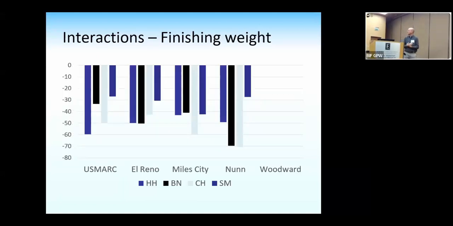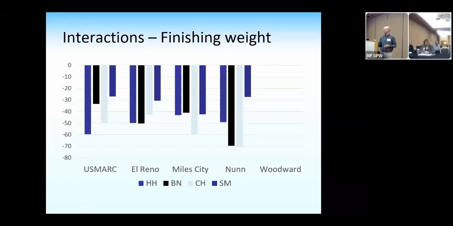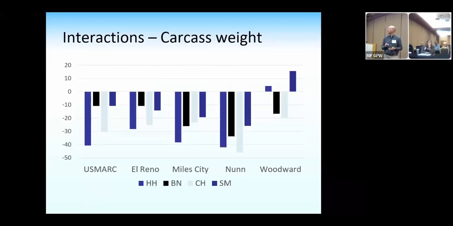And finishing weight kind of similar with all of that as well. Where they finished, obviously, this is variation. We were targeting 1350 pounds. Sorry, I should have said that in kilograms. The rest of these are metric, around 600 kilograms, something like that. With that target, this is just a variation that was still in the lot, which was pretty substantial. And so, not a lot of re-ranking, though, still, I would say.